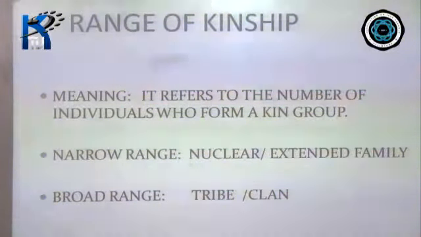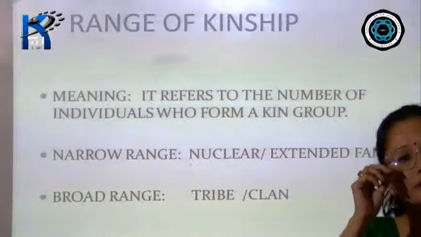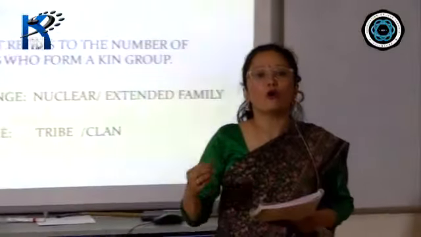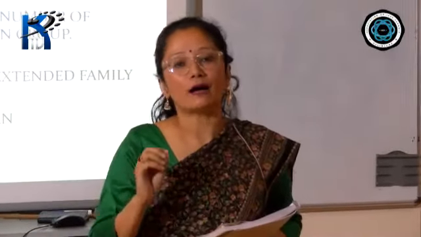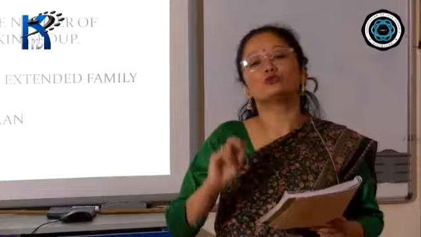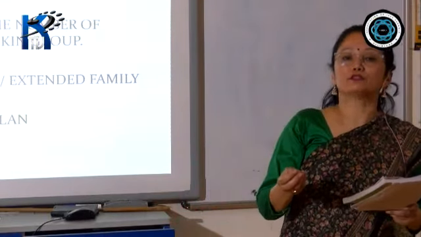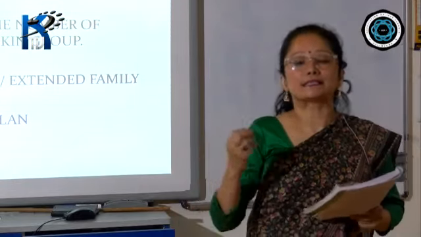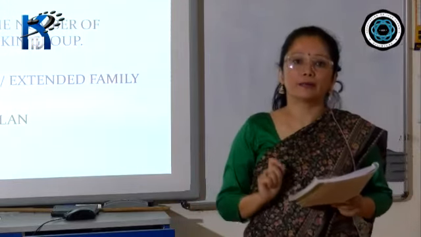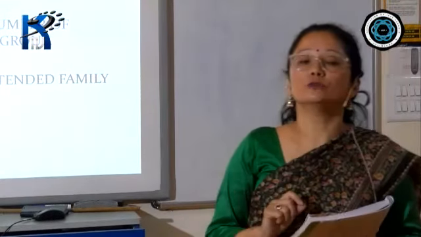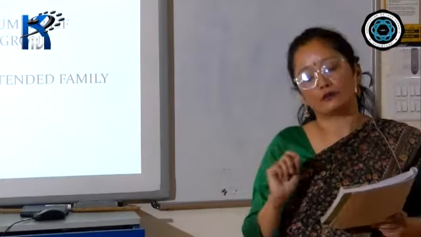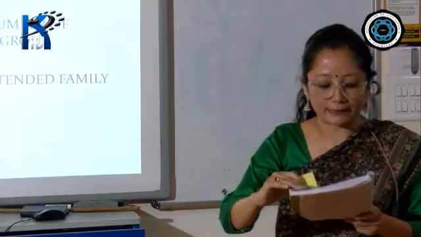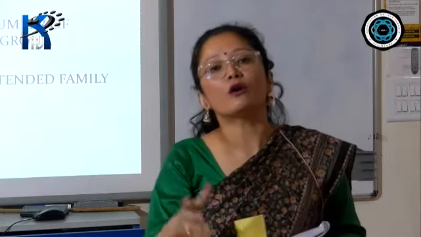Now in the textbook also it is written, because I remember one year there was a question on what do you mean by range of kinship? Instead of asking, name the two ranges of kinship or give examples of narrow range or broad range, that year the council decided to twist the question a little bit and ask, what do you mean by range of kinship? So here, range of kinship, as explained in the book, is a network of